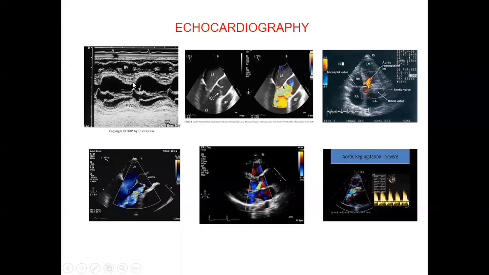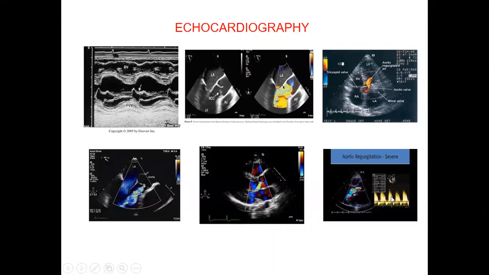And this is the M-mode echocardiography. Here you can see again one of the pictures of transesophageal echocardiography. You can see the blood is regurgitant. Blood is coming from the aorta inside the left ventricle. Here again you can see the transthoracic echocardiography. You can see the blood is striking directly on the anterior mitral flap.